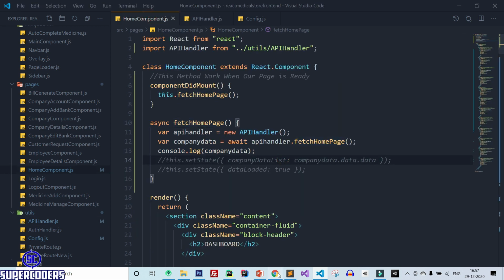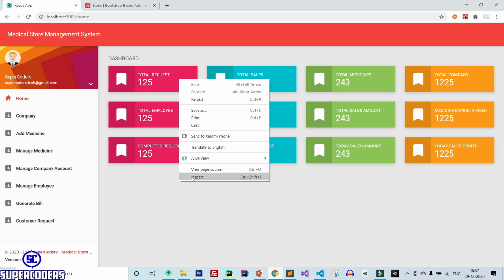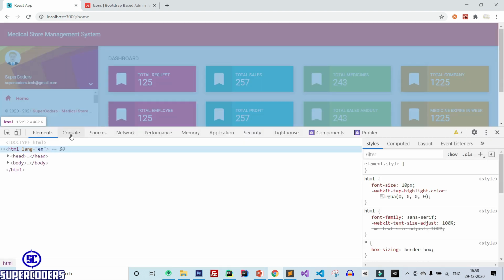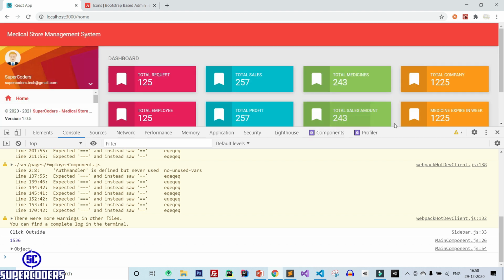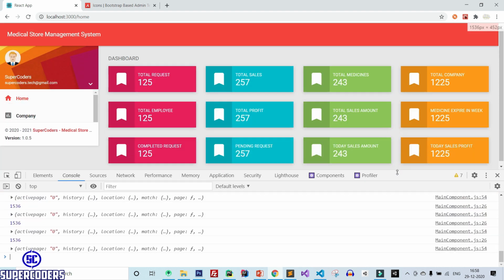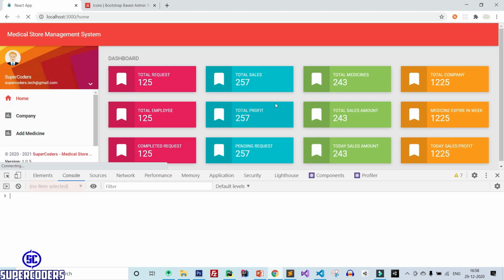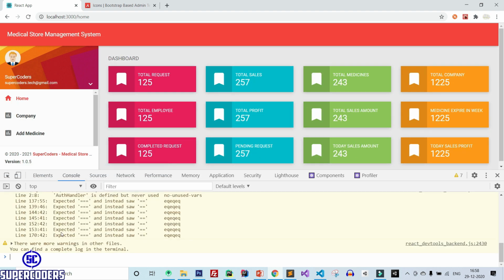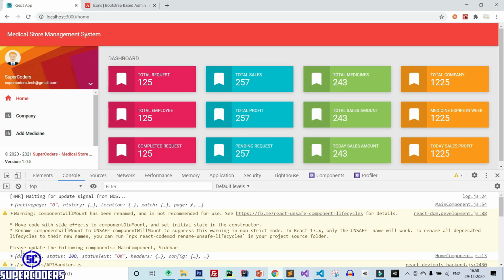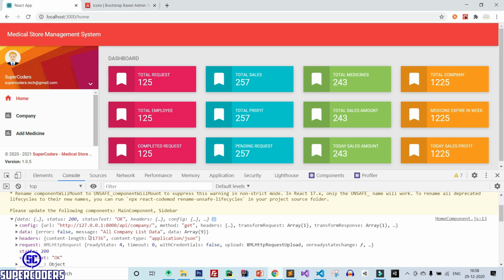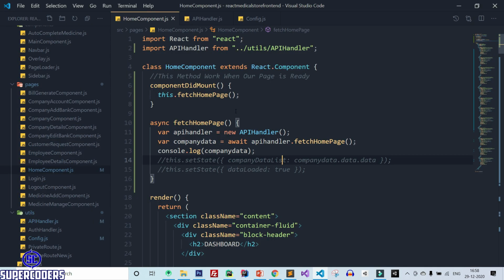Now back to Chrome, open the console, and let's refresh this page. You can see data is coming from the server. Okay, this is company data. Let's see again, the home page.